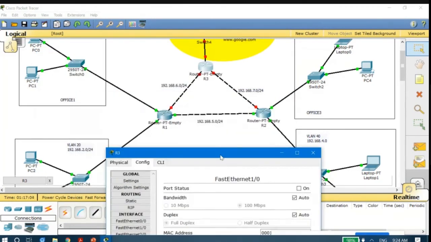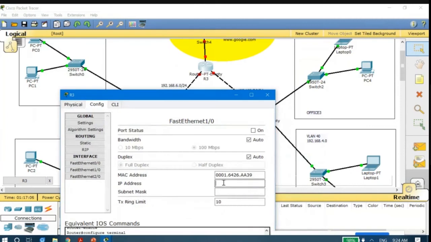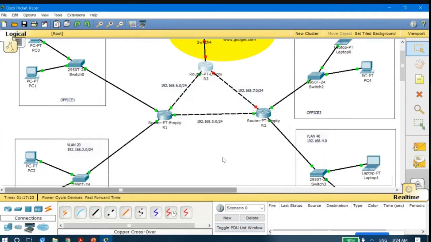The IP address is, as you could see, 192.168.6.1 has already been assigned, so I will use .2. Okay, and the subnet mask is default and the port status is on. Done for this. Okay.